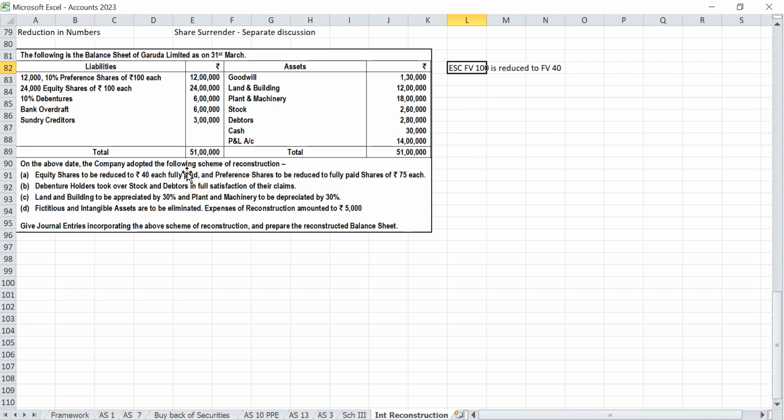Face value is also 40. Right? Yes, sir. So equity share capital (face value 100) we have to cancel, and equity share capital face value 40 we have to create, to internal reconstruction, sir. Per share entry